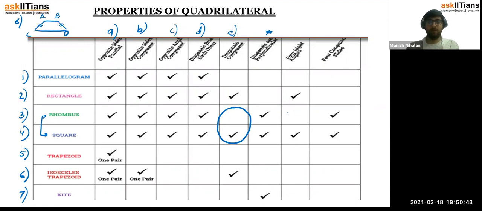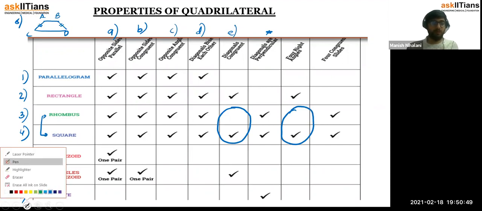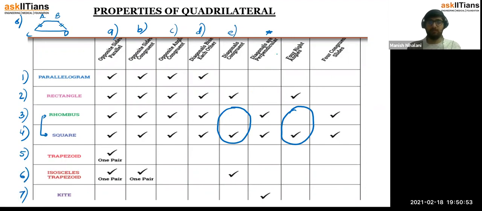Then we already know that the angles are not right angles in a rhombus, because when you push the square you get a rhombus, right? This is the major analysis of the properties. And in a kite you will say just the diagonals are perpendicular and one pair bisects the other, but we'll not include that here. So this is the only tree diagram of properties which you have to keep in mind,